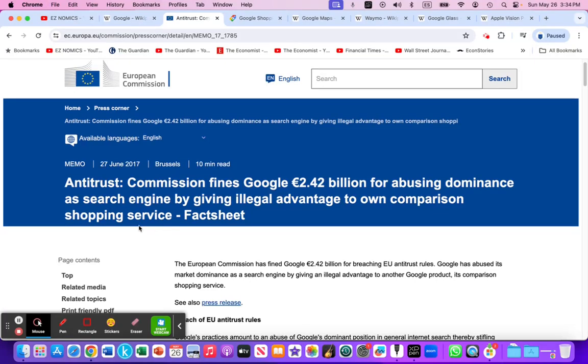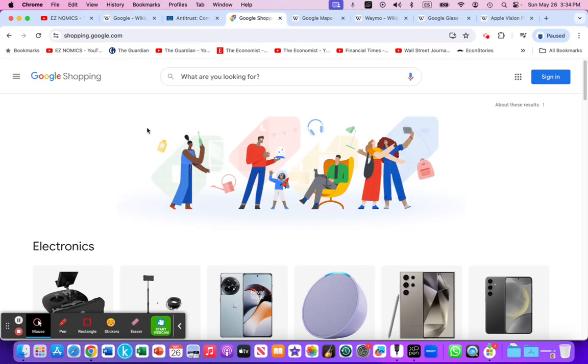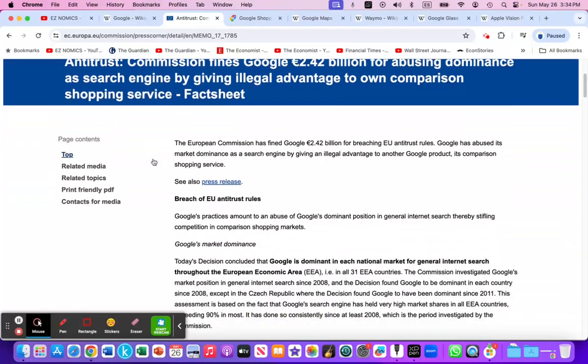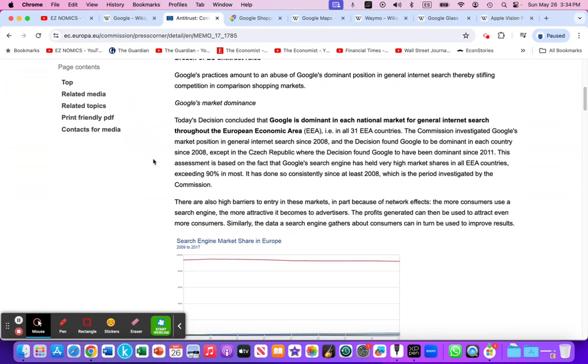And that comparison shopping service is Google Shopping, where Google will manipulate their algorithms so that products advertised through this platform are given prominent priority or lifting in the Google search as opposed to other competing platforms that are offering an ability to buy these products. And what's interesting about this commission report, and I'll put a link to this in the video notes below,